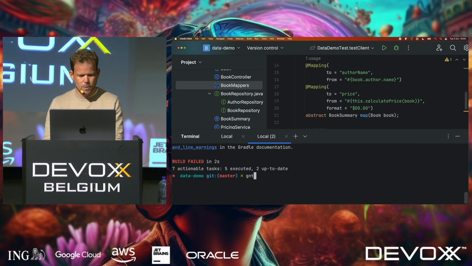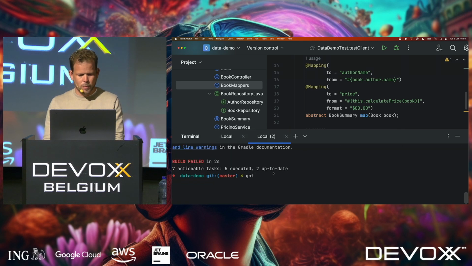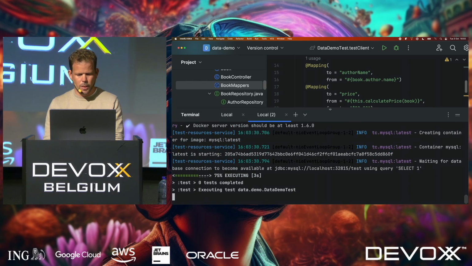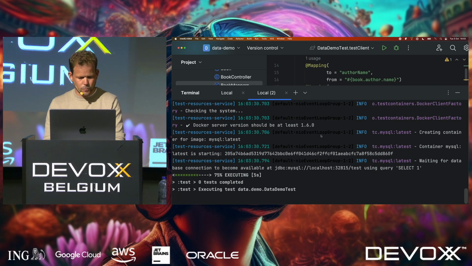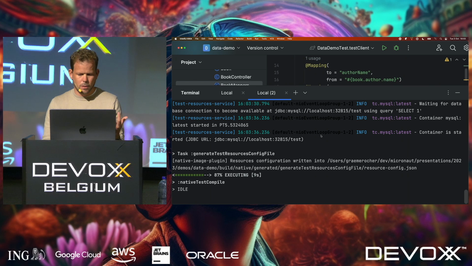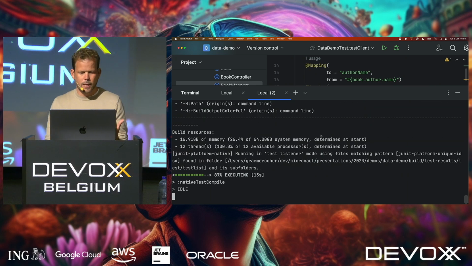Oh, yeah, probably running my tests at the same time. Yeah, I need to stop that. But basically, you can run native tests, and if you run native tests, it will compile this application into a native image and run my test suite that I've been building here